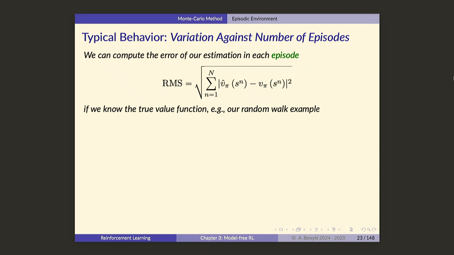One kind of behavior that you might see when you do Monte Carlo estimation is that you just sample, say, k different episodes, and then you estimate your value function, assuming that you know the value function exactly. So if you know the value function, here v pi is the value function, v hat pi is the one which you get by,